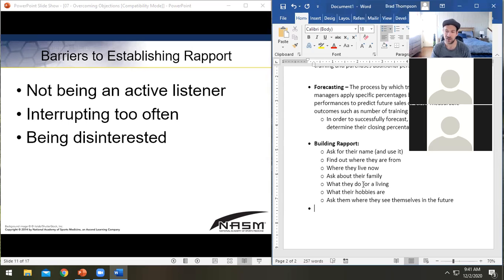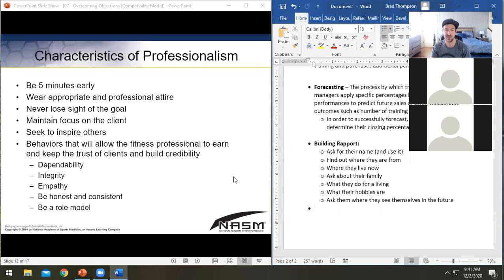That is a barrier to establishing rapport. That kind of stuff turns people off pretty quickly. Closed body language, that's another one that we don't want to have. And all that stuff is stuff that, honestly, you sort of want to practice.